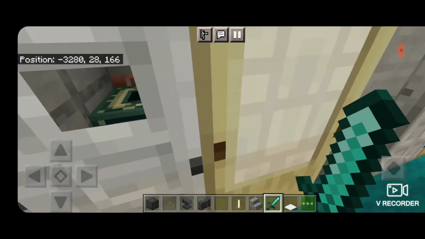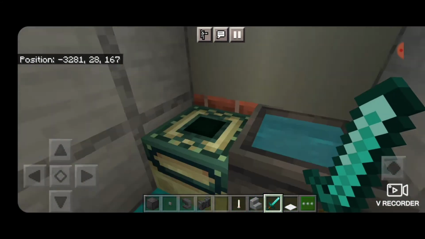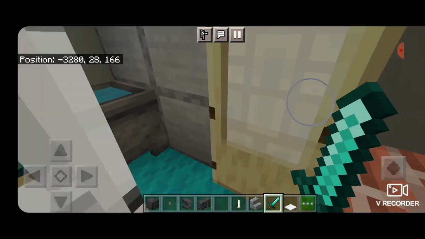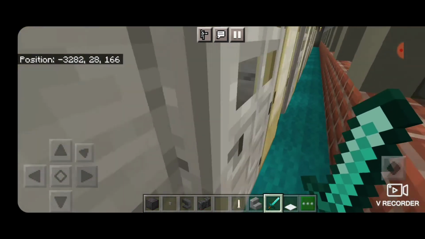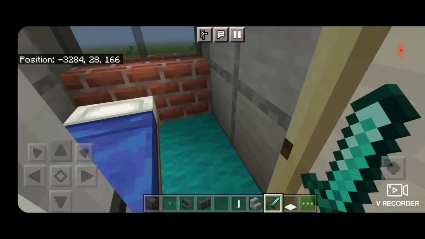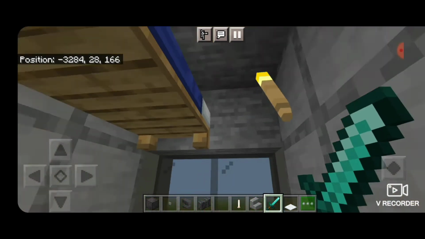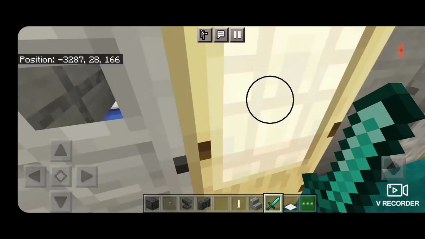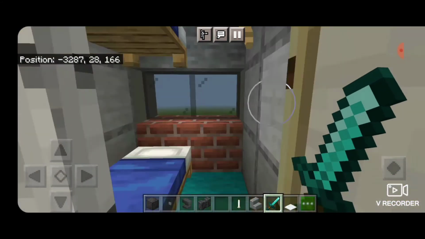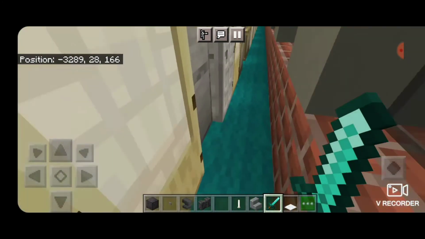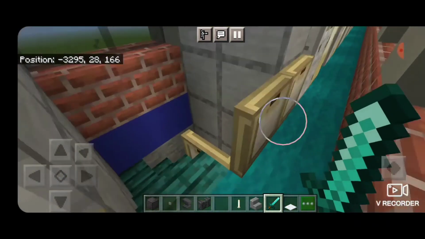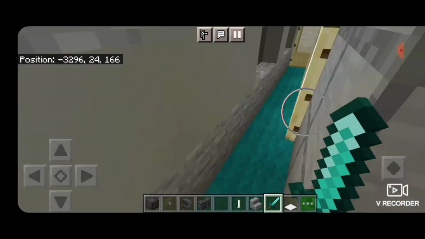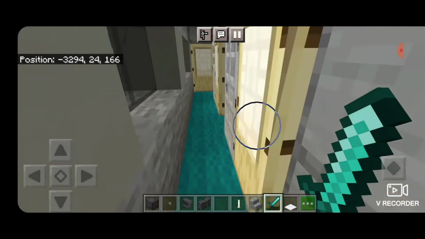So on top, this first room is just a bathroom for the passengers on this top floor. Then up here, we have some bedrooms. So you can see there's 2 beds in each of these rooms. Moving on, we'll go downstairs here. On the bottom down here,